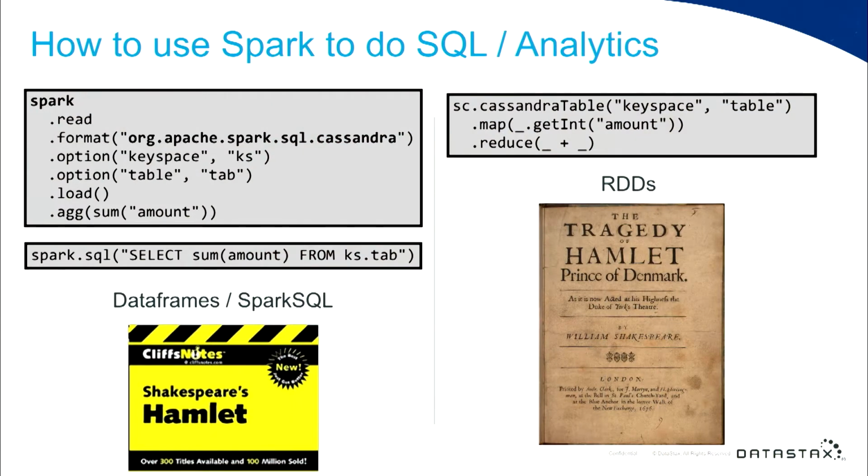So this code actually looks pretty interesting. I've got examples here of the data frames and RDD APIs. The data frame API is on the left there, and what you can see is basically to do an operation in data frames, you describe what you want the data to do. Now, the top few lines are describing how to read the data, basically saying that I'm reading data out of a Cassandra type source, and then there's some Cassandra specific options, a key space and a table name, and then below that, I describe the operation I want the data frame to do, and in this case, I just wanted to aggregate a column called amount with a sum. So basically, just sum together all of the values in the amount column.